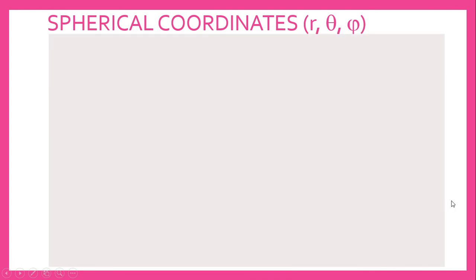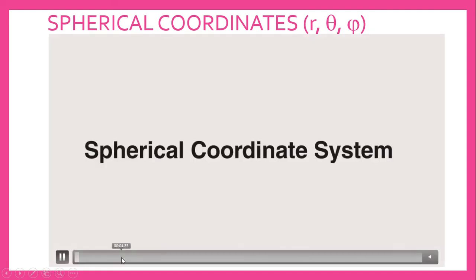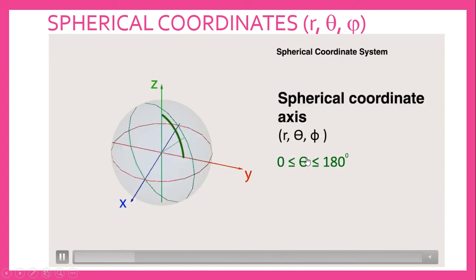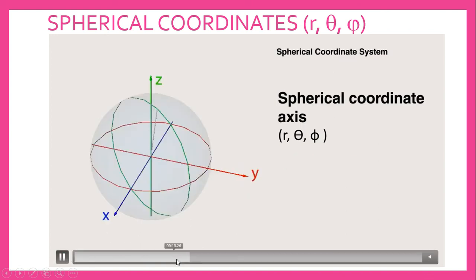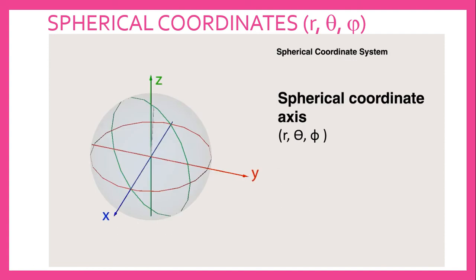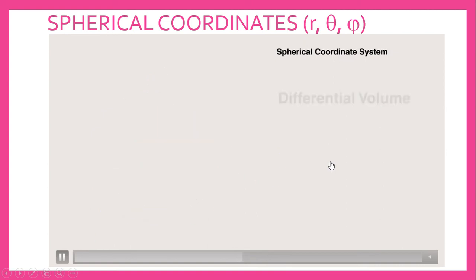Now let us see the transformation and how to locate the spherical coordinate points. The spherical coordinate system, as usual, I said it has three axes, r, theta and phi. And here you can see the theta representation. For better understanding, you can see the theta. See the phi, how you can see the phi. Theta is totally 180 degrees, and phi is this angle, 0 to 2 pi. So it has three vectors, AR, A theta and A phi.